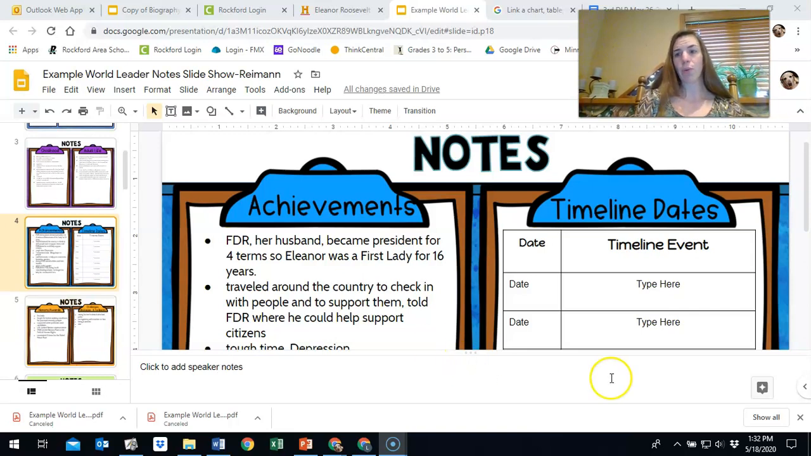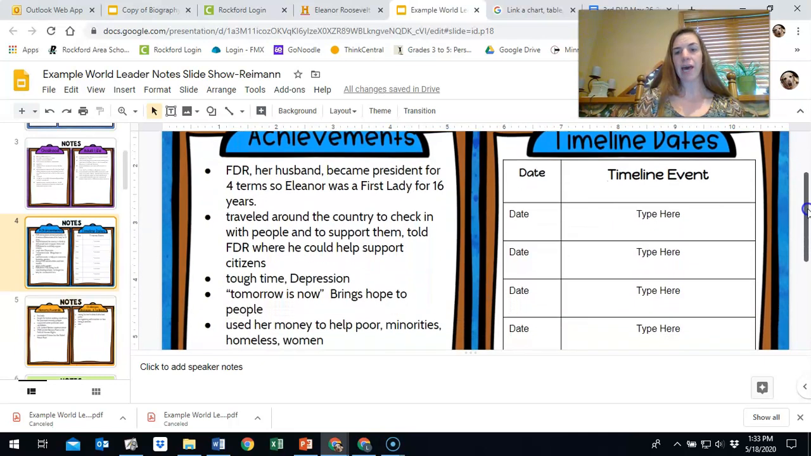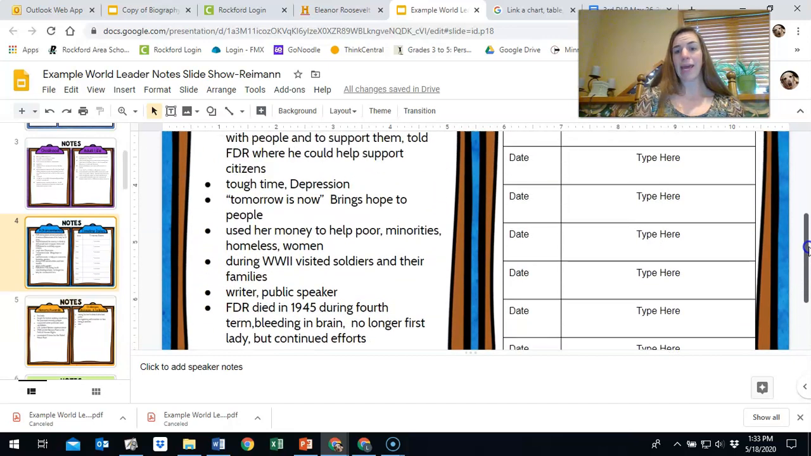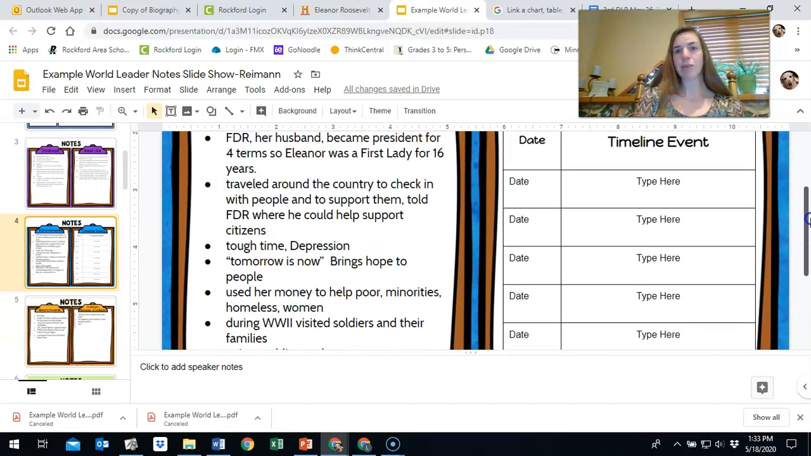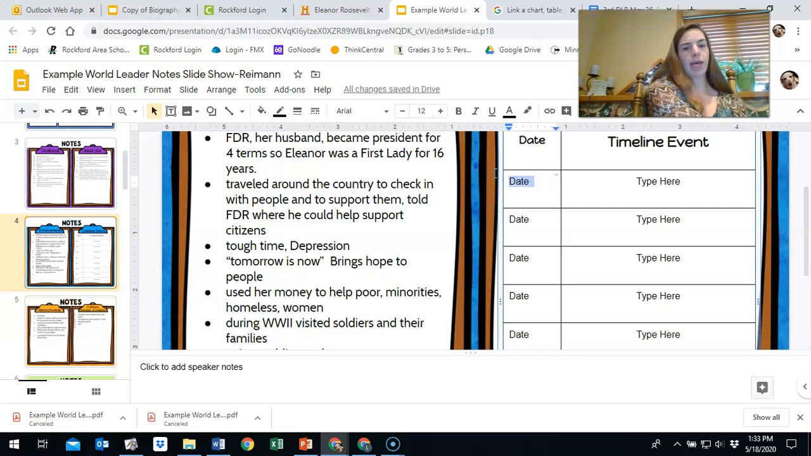So I went through and I picked out the most important events in my world leader's life. And it looks like I have 4, 5, 6, 8 boxes for me to fill in with the most important events of Eleanor Roosevelt. So obviously the most important event for Eleanor Roosevelt that I would start with would be her birthday. So I took notes on when her birthday is, so I'll just write this down. So she was born, and I'm going to actually just put in my date column the year,